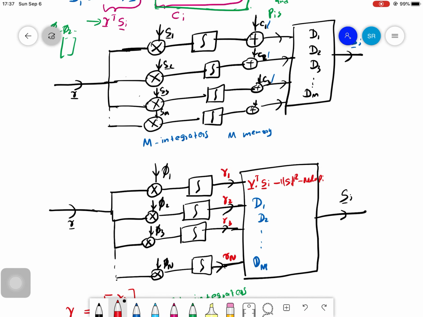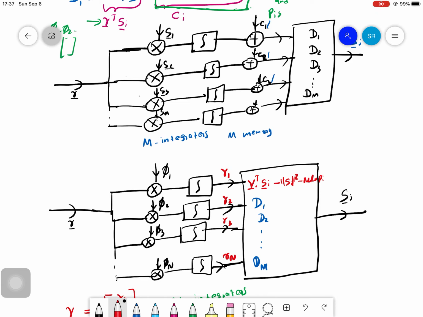What if we require a compact design with fewer integrators? We should go with the second approach. If we need a compact design but we can afford the usage of memory, we can go with the second approach. So,